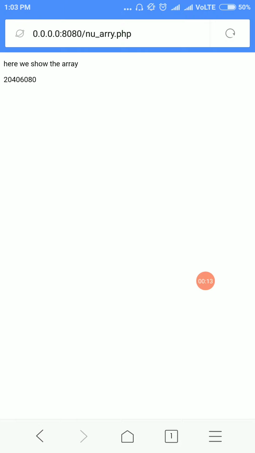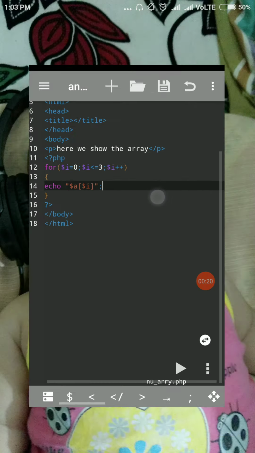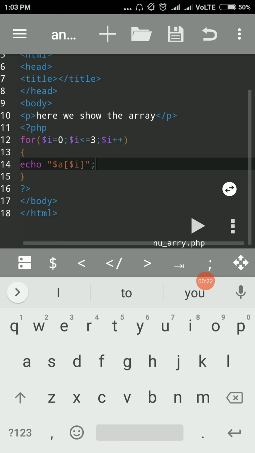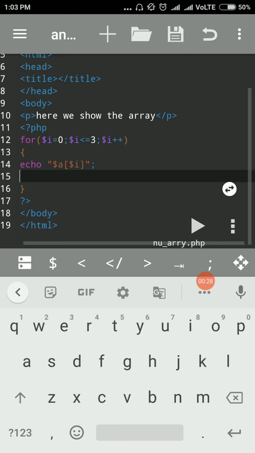So I want every index value on the next line. What do we do for this? We come to the program and take the script again.